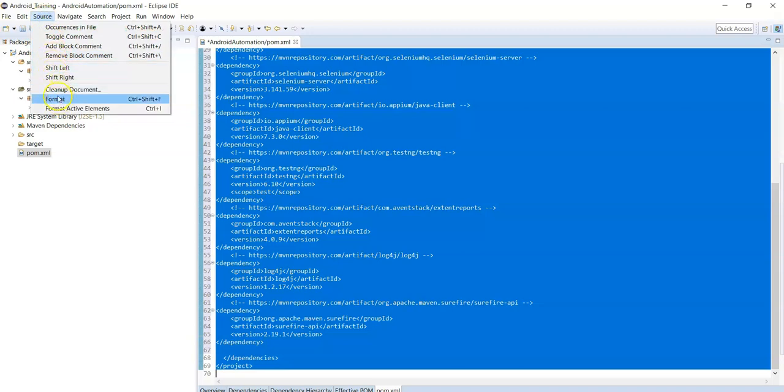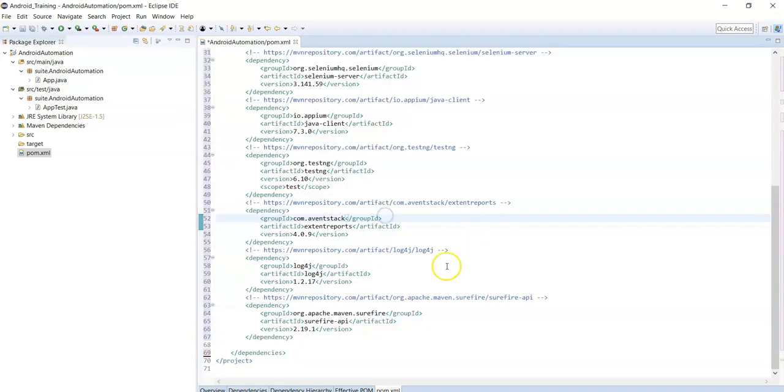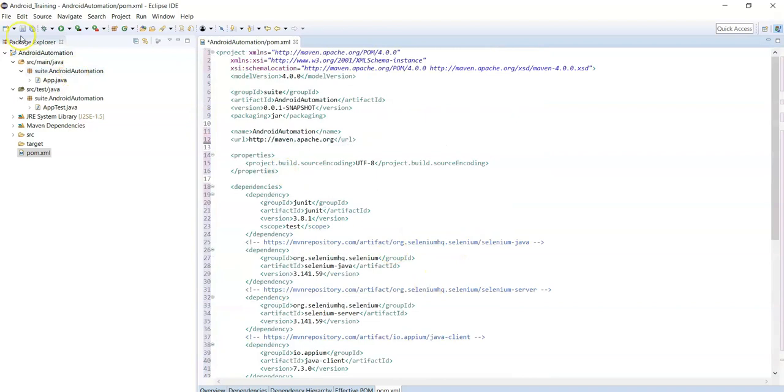Now format the pom.xml file and save it. Now automatically all the jar files specified in the pom.xml file will get downloaded into the local repository.